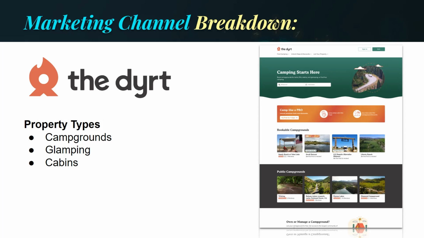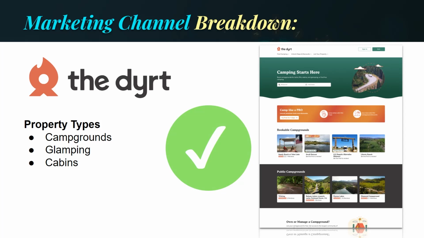So if you have a campground, definitely get set up with the Dyrt if you haven't already. They accept most any kind of outdoor accommodations, including small cabins and glamping units. If you're worried that campers might be scared away by the commission fee, then consider that the Dyrt is the number one ranked camping app in the Apple and Google Play app stores and has millions of users. 40% of campers on the Dyrt camp more than 6 times per year.